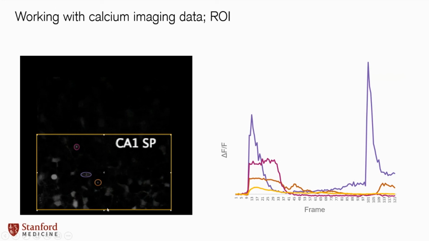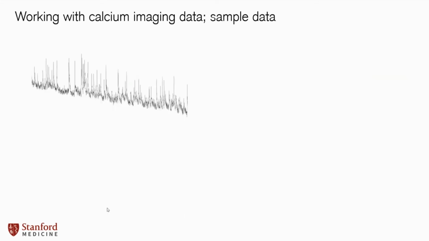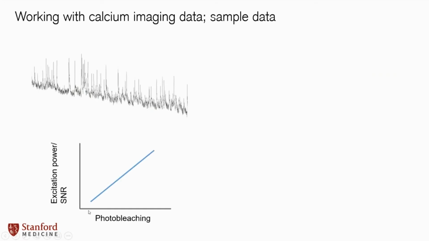The idea being, I highly recommend, if you're interested in animal work, moving towards calcium imaging and having your ultrasound come in concert with that imaging. A little bit more about how to work with it specifically with ultrasound. Here's one of my own calcium traces from an experiment. You can see that it declines over time. So that's actually photobleaching.